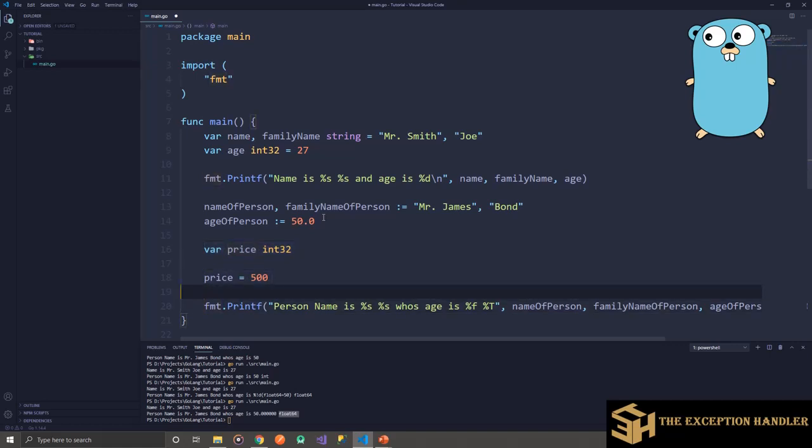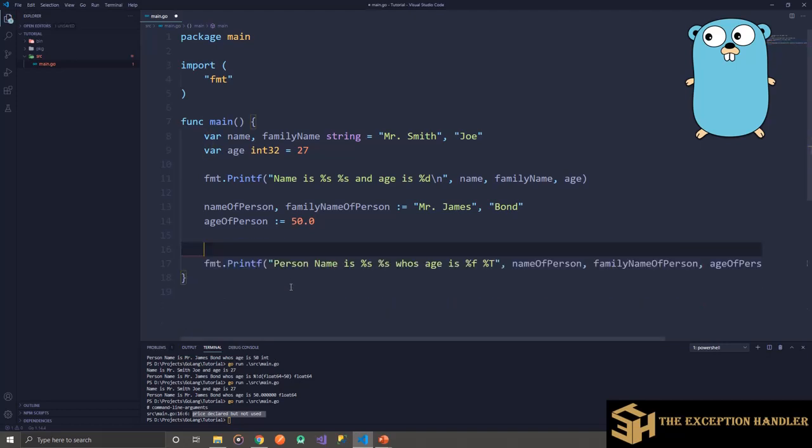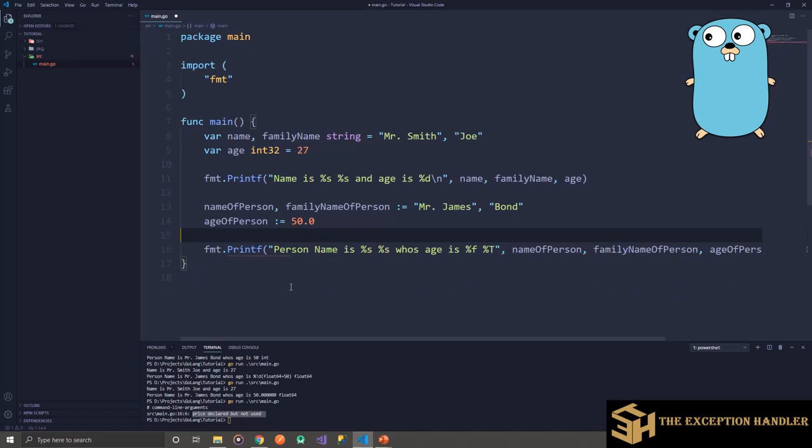Now one more important point about Go is, any variable that you haven't used in your program but declared, it will not allow you to compile the program until you remove the variable. Now if you see, here it has mentioned that price declared but not used. So Go also helps you reduce the memory footprint of your program, by removing all the unused variables or any unused imports in your program.